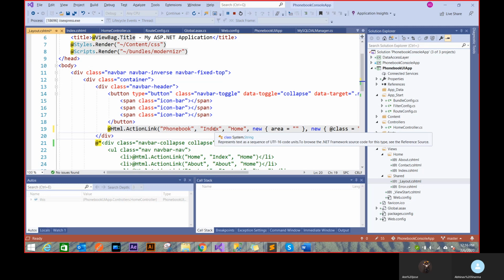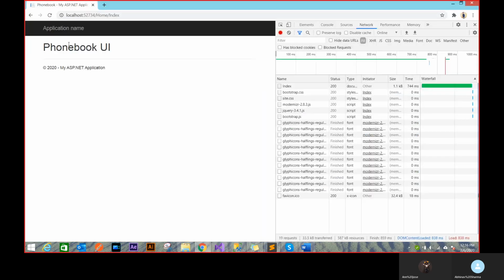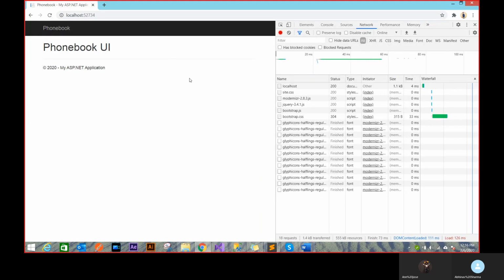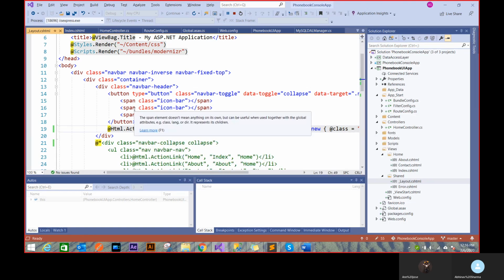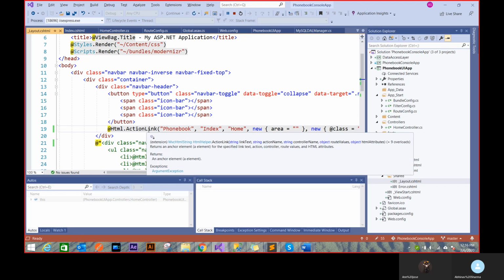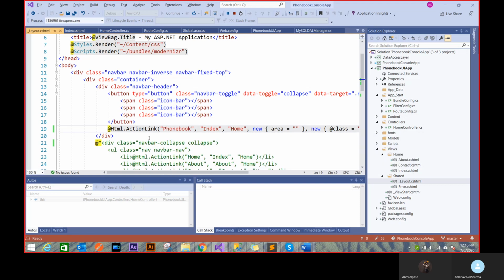Are you getting it? Yeah. This action link basically helps you to provide that kind of button. You can go to home controller with index function. So every time I click here, let's change that to phone book now. When I click here, it reloads my page because it goes to home controller index, which gives me back that view, and the whole page is rendered. So that's the first HTML action link. You'll see a lot of HTML helpers now because we are working on Razor pages. But that's like a hint to you that something like this helps me to write C# kind of thing on HTML.